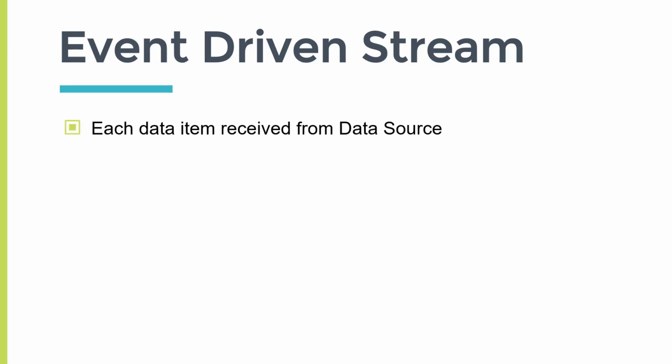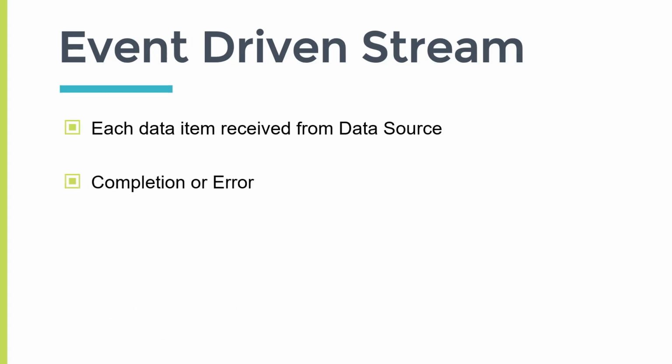Say for example, we have a SQL database and in that we have one table, that is order, and inside the order table we have 10 records. So here each record, or basically each row, we will get as an event. So basically each data item that we are receiving from the data source is an event. Now this data source can be anything, an external service or a database.